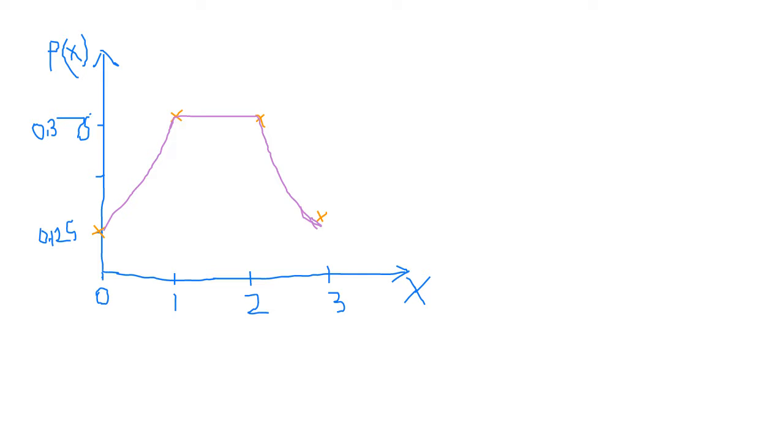Whenever your proportion of success is equal to 0.5, then you will always have a symmetric distribution. If it is not equal to 0.5, then you have a skewed distribution. It doesn't matter left skewed or right skewed. It's skewed. Okay, so now going back to our slides,